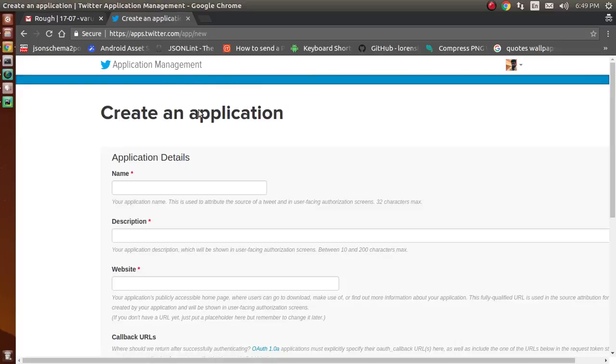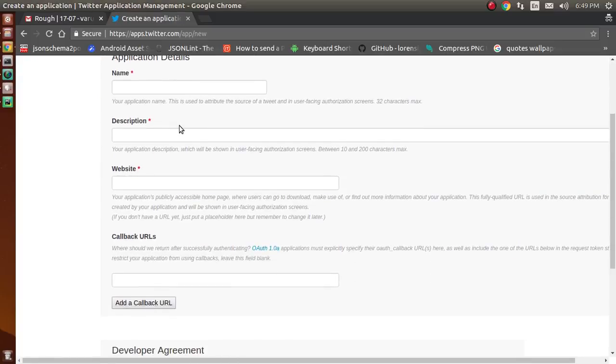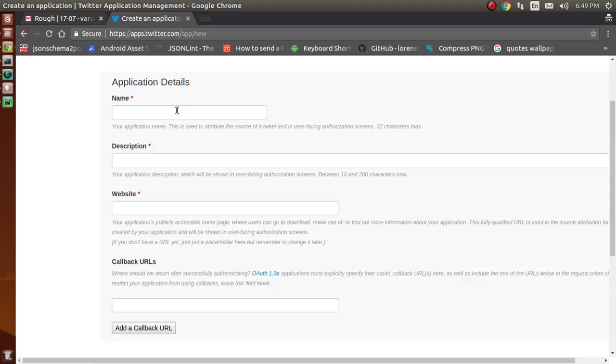After you click on this, you will get this form. You have to fill in this form. So let's make an application here. Let's mention the name here. Description: scraping tweets from Twitter.